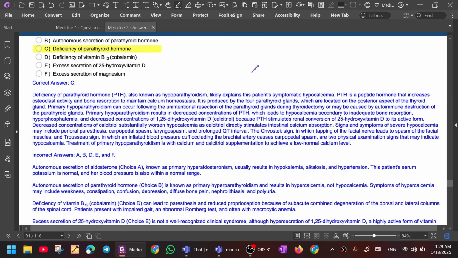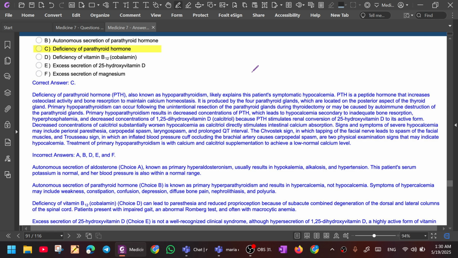Secondary to inadequate bone resorption, hyperphosphatemia, and decreased concentration of 1,25-dihydroxyvitamin D (calcitriol), because PTH stimulates renal conversion of 25-hydroxyvitamin D to its active form. Decreased concentration of calcitriol substantially worsens hypocalcemia, as calcitriol directly stimulates intestinal calcium absorption. Signs and symptoms of severe hypocalcemia may include perioral paresthesia, carpopedal spasm, laryngospasm, prolonged QT interval, Chvostek sign, in which